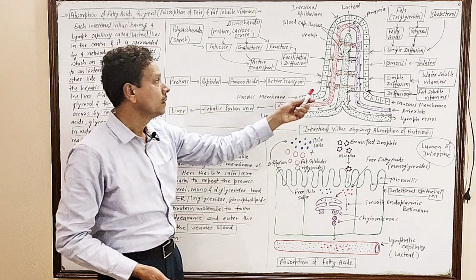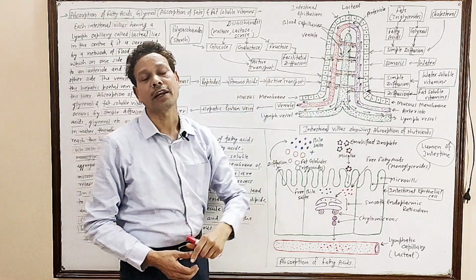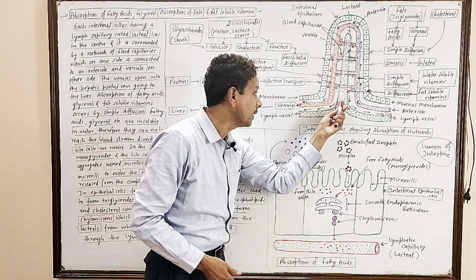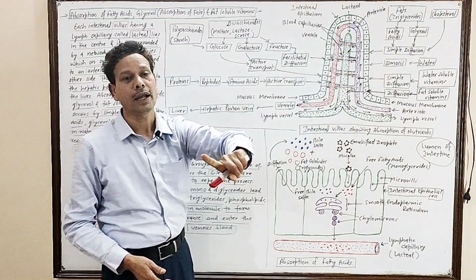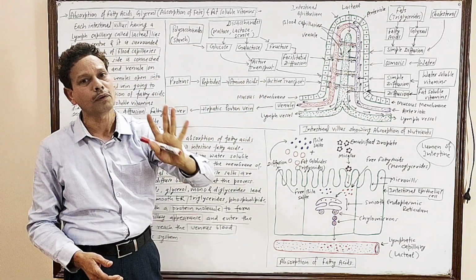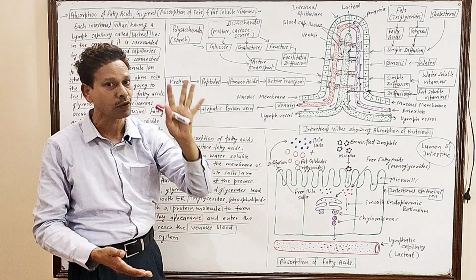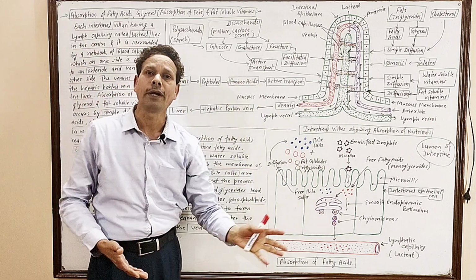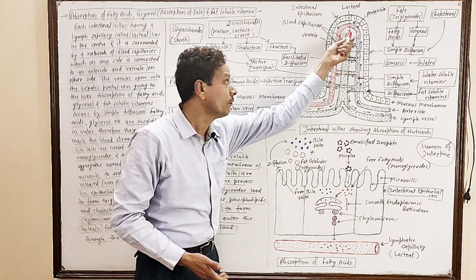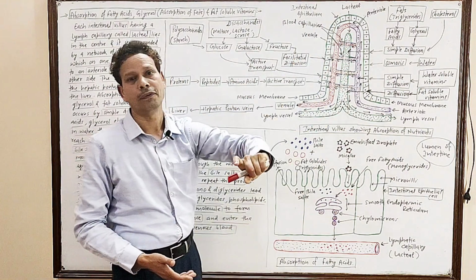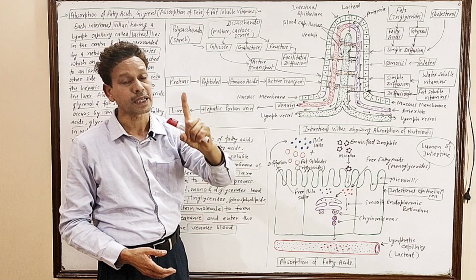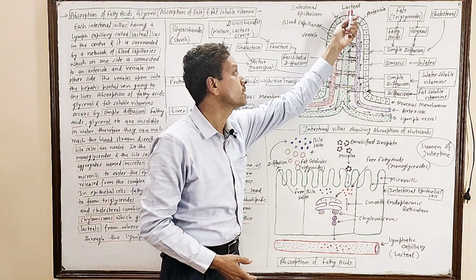Dear students, this is the diagram of intestinal villus, and each intestinal villus has in its center a lymph vessel, and that lymph vessel is named lacteal. Very important. Note down, all competitive exam students, this is a common topic for all competitive exams and BSc students. The lymph vessel which lies in the center of each villus, one lymph capillary, this one is